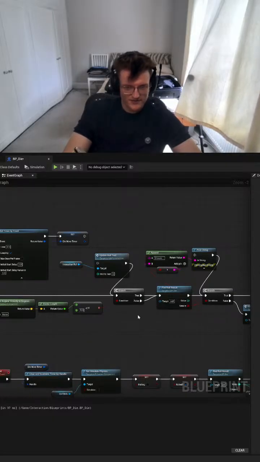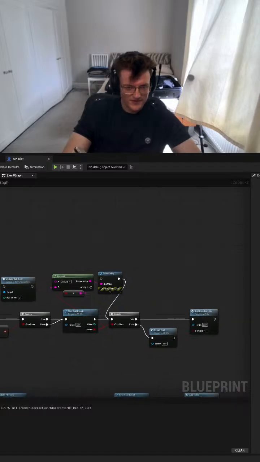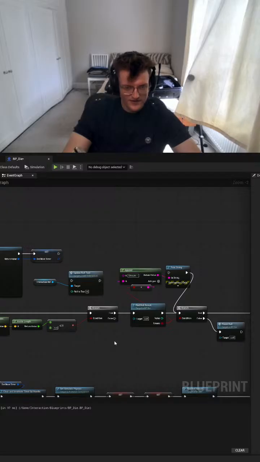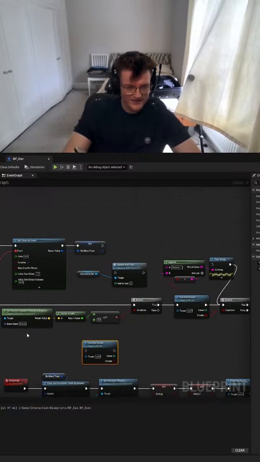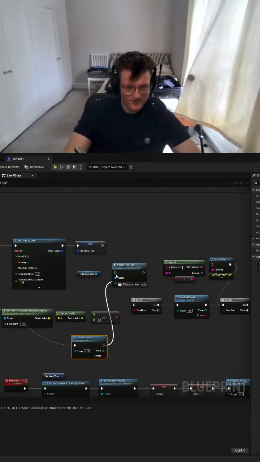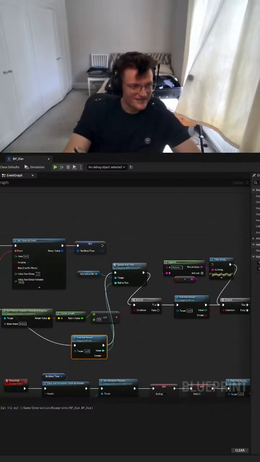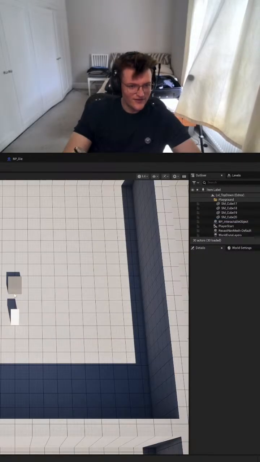So let's just put this into false for the moment. Okay, this is inefficient, but let's do it this way for the moment. So firstly, we'll do like this and like this. So now hopefully when I start the roll,